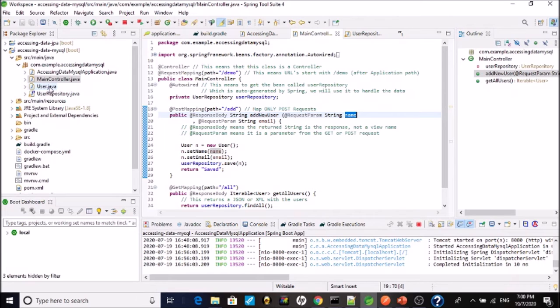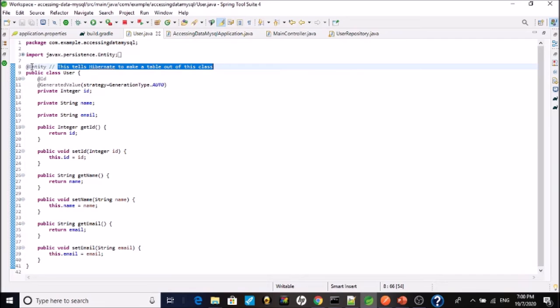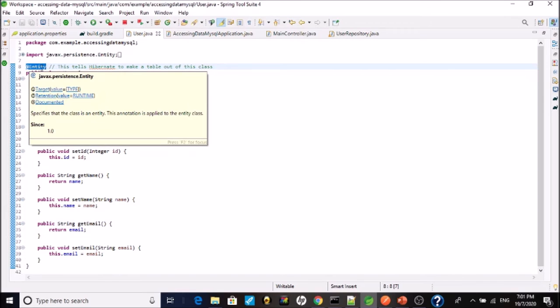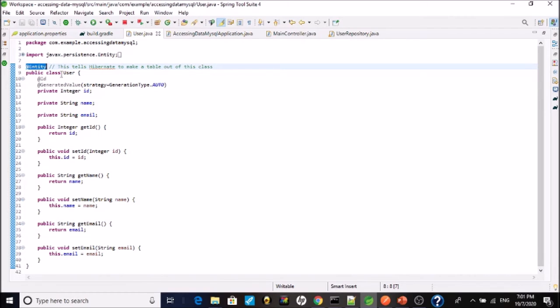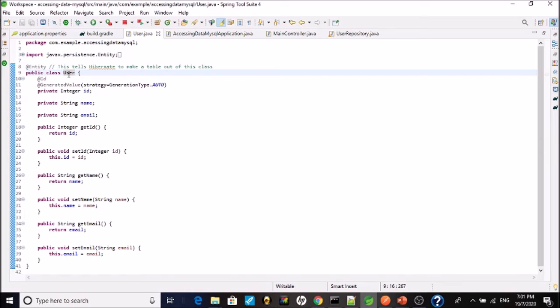As I told you, in Spring JPA, entity is an important annotation. It's an implementation of the javax persistence JPA, which means that this user object will map to a particular table.